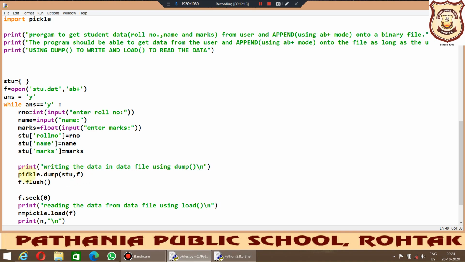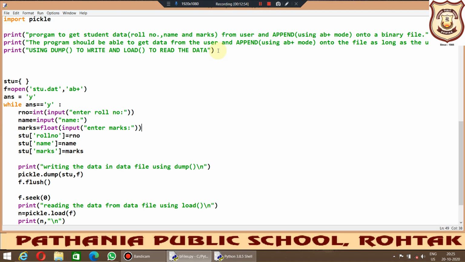Okay, so once the contents have been written inside the data file in binary format, we are using this flush function with the help of this file handle, so that whatever contents are temporarily residing in the buffer area get written in the file. In append mode we already know where the pointer will be: at the very end of the file, because append mode says that the contents are to be written in a file at the last.